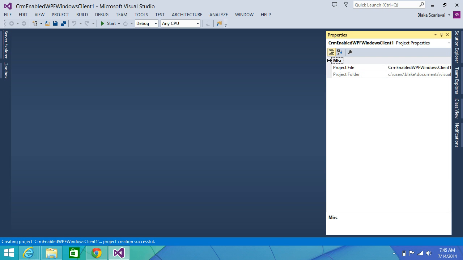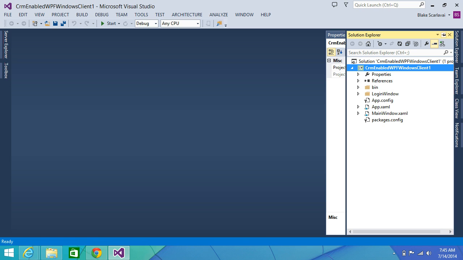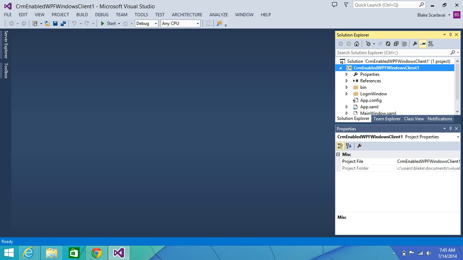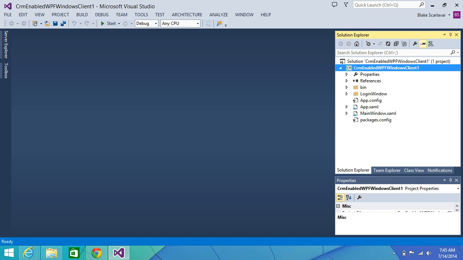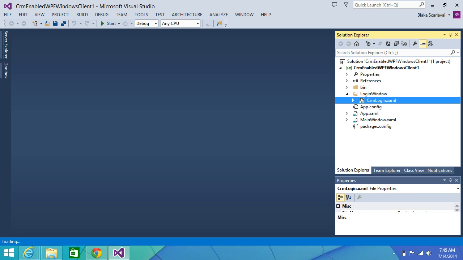Alright. So now in Visual Studio, once the Solution Explorer pops up, we'll be able to navigate to the new login control. So in here within our new project, we have this login window folder. If we open up the XAML here,